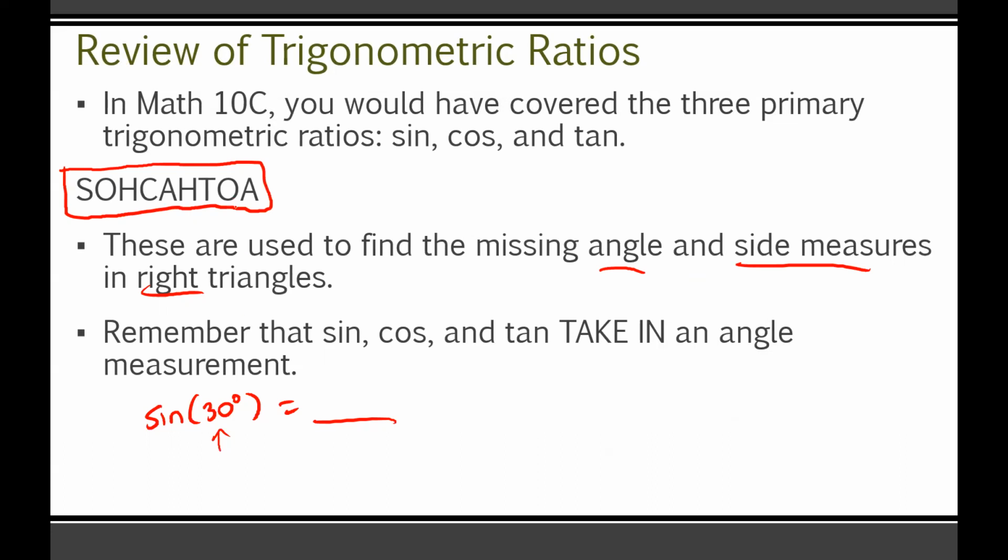Now back to the SOHCAHTOA thing. SOHCAHTOA is just a really nice way of remembering what each of these trig ratios are really doing. When we talk about something being a ratio, that means it's a comparison from one thing to another. Oftentimes we express a ratio as a fraction, so a numerator versus a denominator. Sine, cos, and tan are no exception. For SOHCAHTOA,